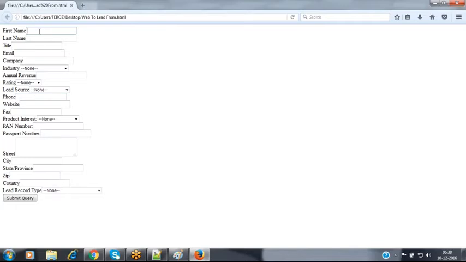So now I enter the lead record's name here. I'm going to be creating the lead record inside my lead table by using this graphical user interface. Here I'm entering the first name as Kumar and the last name as Ranjan. Now this lead person is Kumar Ranjan. His title is software engineer.